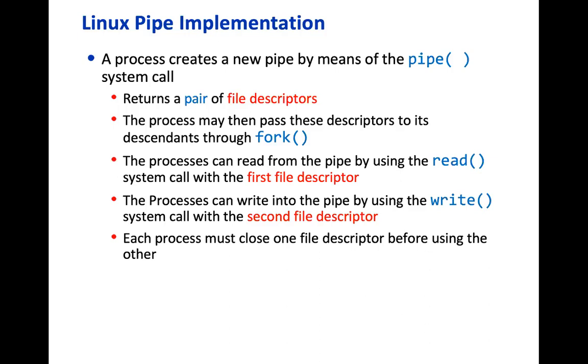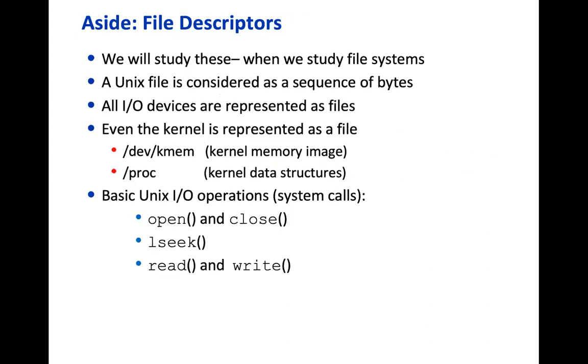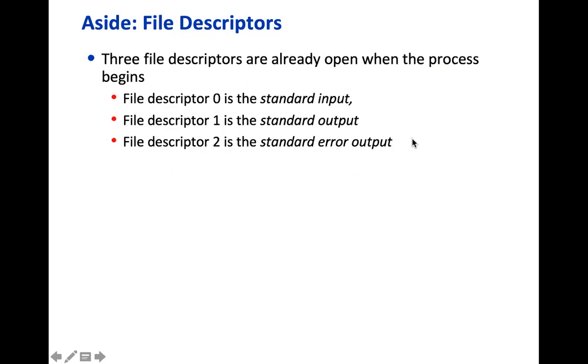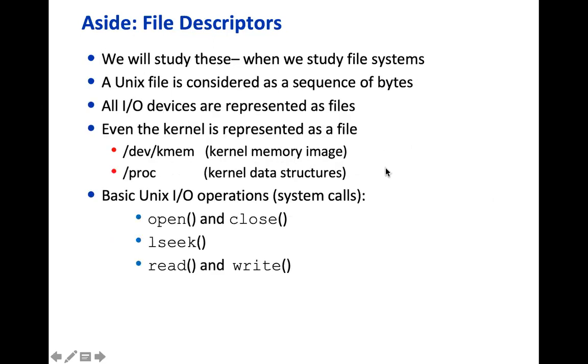The file descriptors corresponding to a pipe are two. The first file descriptor corresponds to the read operation. When a process does a read operation, it will use this file descriptor. When a process wants to write into the file, it will use a different file descriptor. So instead of the one file descriptor in an ordinary file, there are two file descriptors. Now here I explain about file descriptors in case you don't remember it correctly.